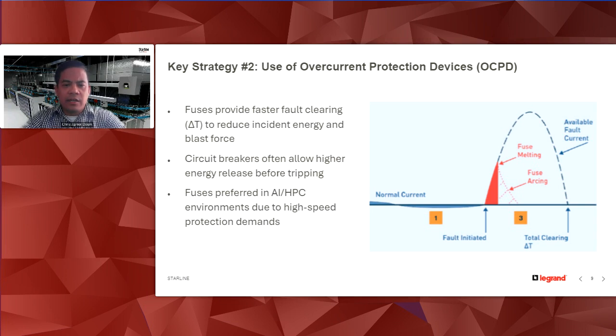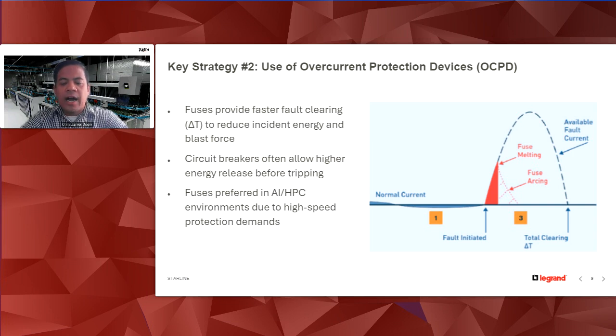And then the two other things that are not noted here that are worth mentioning is this migration to liquid cooling that we're seeing have really put into consideration monitoring overcurrent protection devices within the busway system. We're seeing more requests to put in auxiliary contacts at the Starline busway or shunt trips or both,